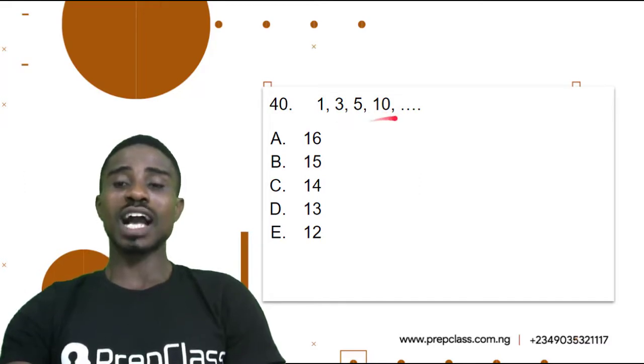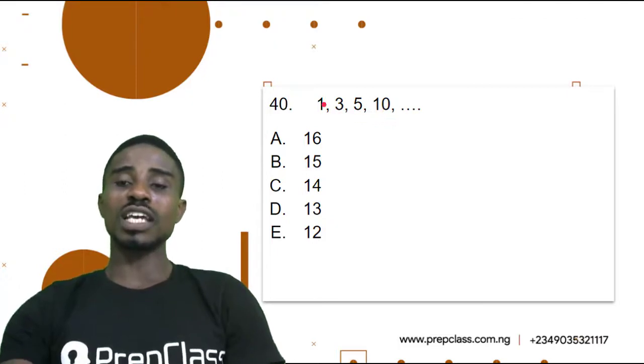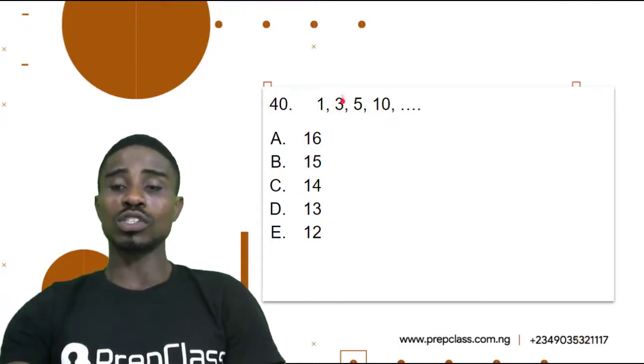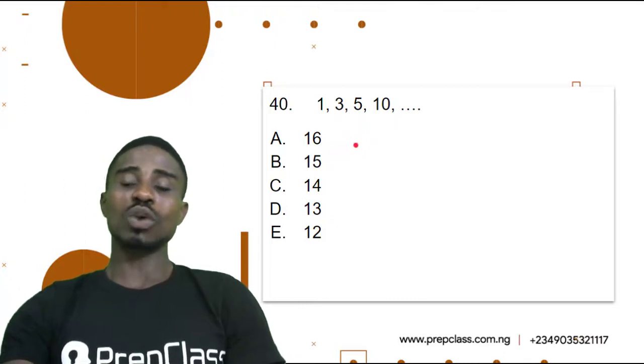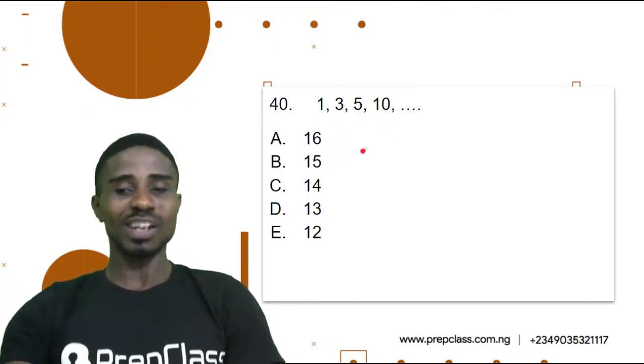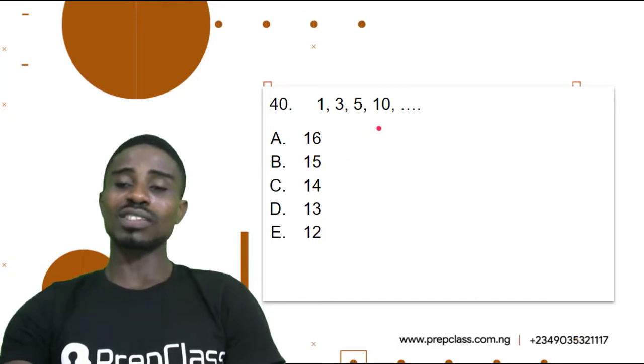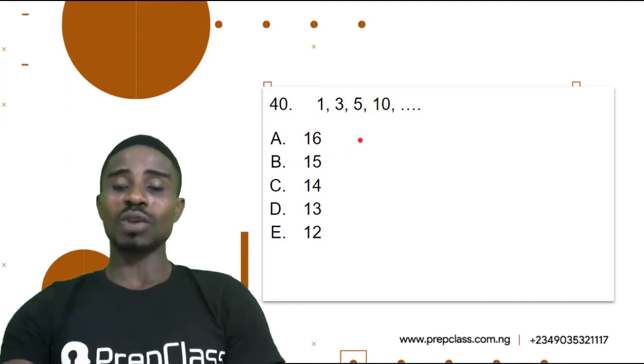This question is actually not a valid question. The question is not correct. Because if we say it's a count of 2, 1 plus 2 is 3, 3 plus 2 is 5, 5 plus 2 ought to be 7, then 7 plus 2 ought to be 9. And there is no 9 in our options. So definitely, this question is not a correct question. These are one of the errors we find in most of our questions. So we are going to leave our question blank. We're not going to answer it because the question is not a correct question.